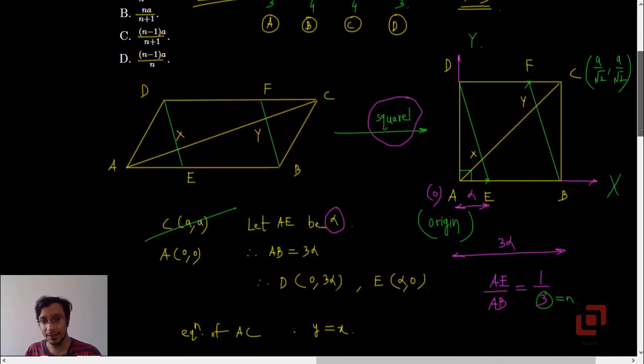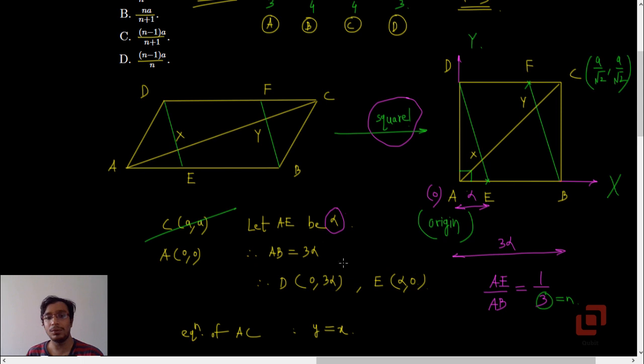Now this allows us to bring in coordinates of points E and D. The coordinates of E will now be alpha comma 0, and what will the coordinates of D be? We are not interested in a as of now, because that will bring in irrational numbers and we don't want that to happen, at least at this stage. Have we determined the length of AB? It is 3 alpha, and because we have a square, not a rectangle, AD's length will also be 3 alpha. So the coordinates of D without any hesitation can be considered as 0 comma 3 alpha.